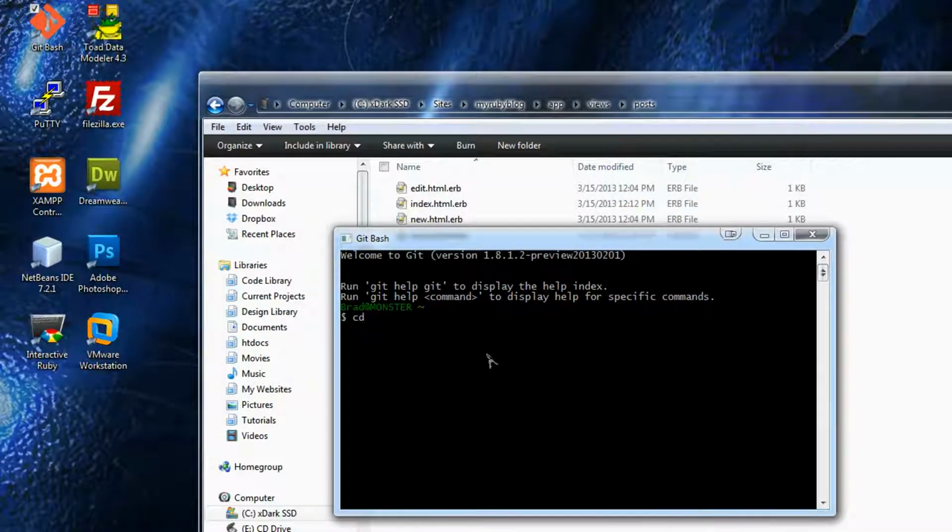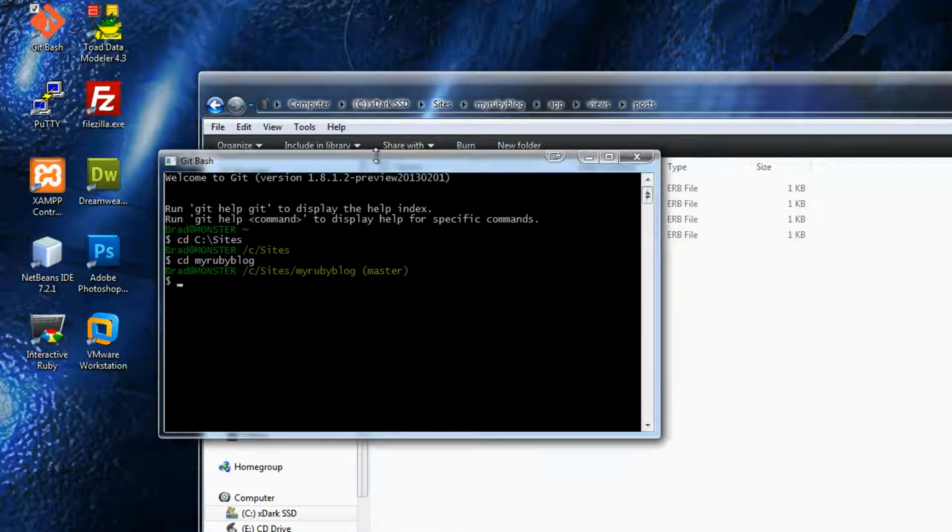and we want to cd to our sites directory, and then go to my Ruby blog, or whatever you named your application. And what we want to do from here is, just like we did in, I think it was chapter 3 when we generated the post controller, generate a categories controller. So rails generate controller